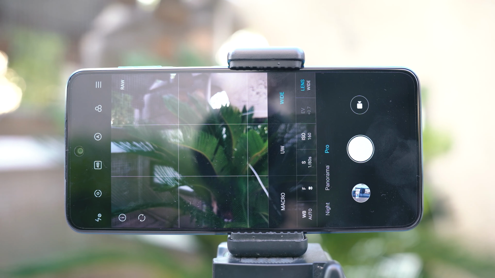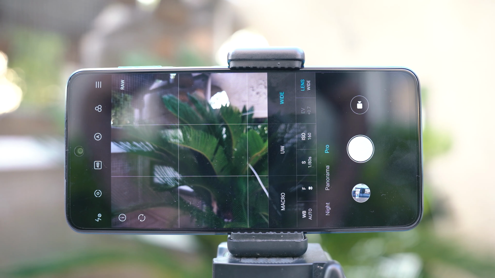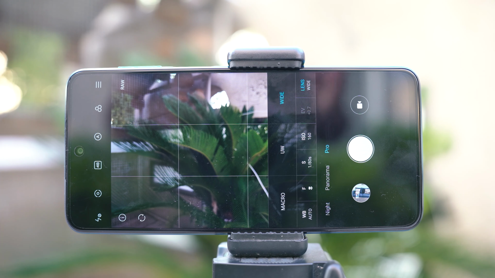For example, if you are shooting inside very dark areas, you can just bump up the ISO and try to bring a little bit of light into your image, provided that you have that little bit of light in your scene as well. So the higher the ISO, the more grainy your picture is going to be, which is why it's always recommended to keep it as low as possible and try to shoot in well lit conditions.